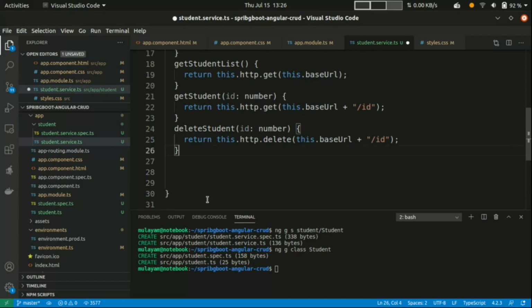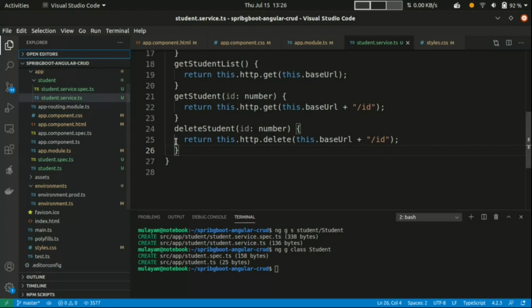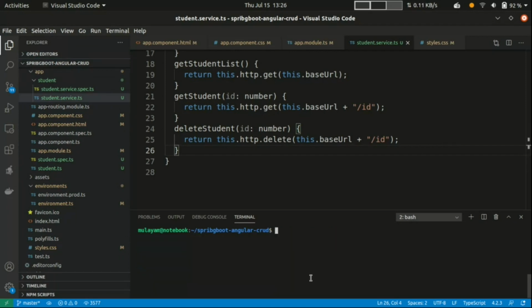So now the logic to call the backend API is completed, and now we have to create components. One component is for showing the student list, the second one is to edit a student, and the third one is to add a new student. So three components I need to create here. The first one, I want to create a student list.